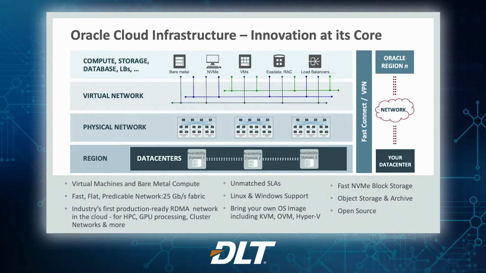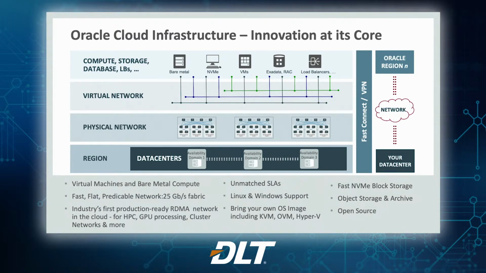Let's look at cloud infrastructure. So at the base, we have a region. And then we have the physical low latency network that I was talking about. And then on top of that, we have virtual network. A virtual cloud network is where you define your network for your environment. So you create a virtual cloud network. Underneath that, you create